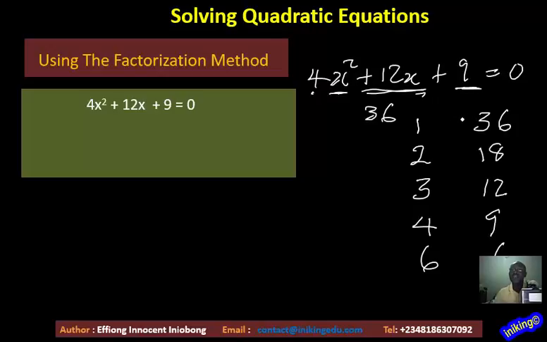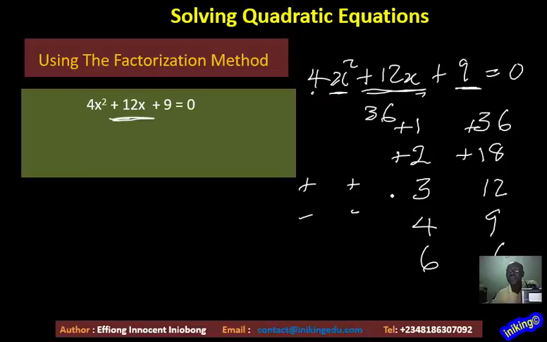But before then, what signs do I attach? The positive sign here, plus 9, implies that both of them must have the same signs, whether plus, plus, or minus, minus. And plus 12 is shouting there, look, I am positive. If you're going to use the same signs, then quickly use plus. I say, okay, I've heard you. So plus